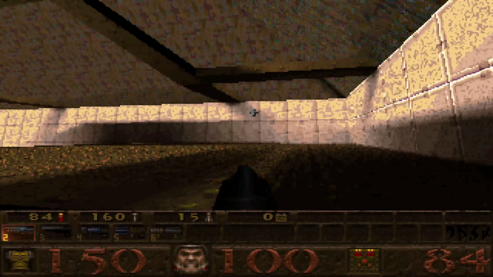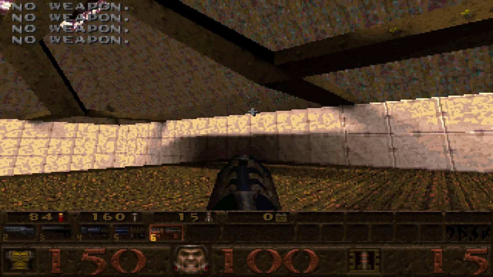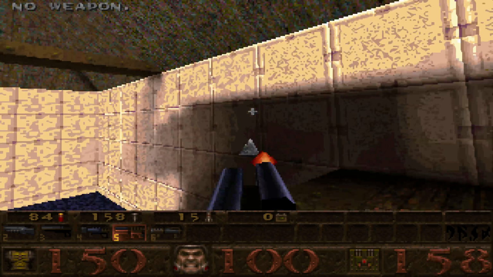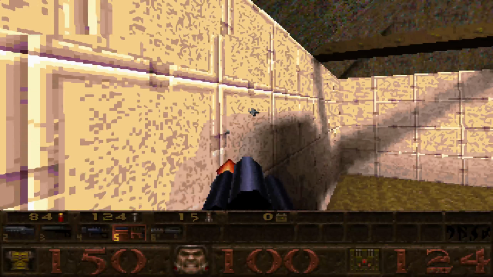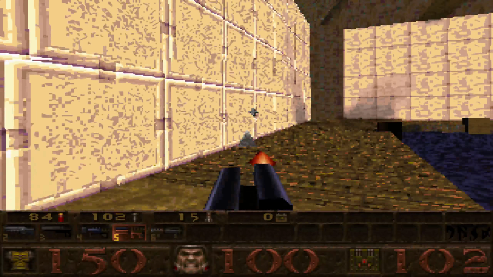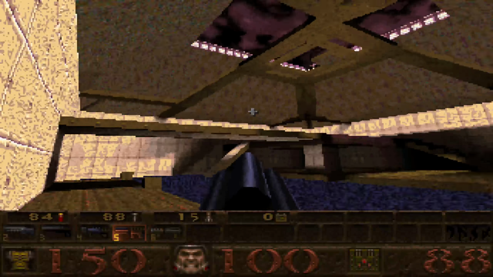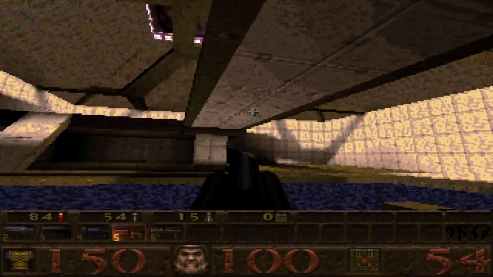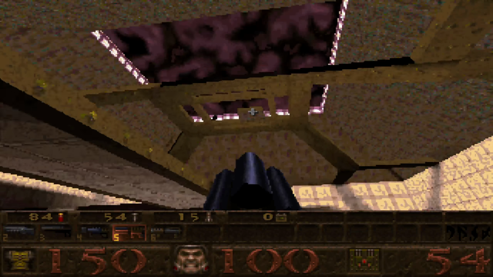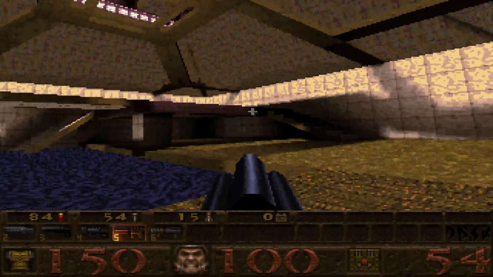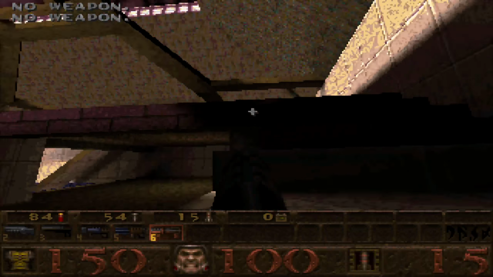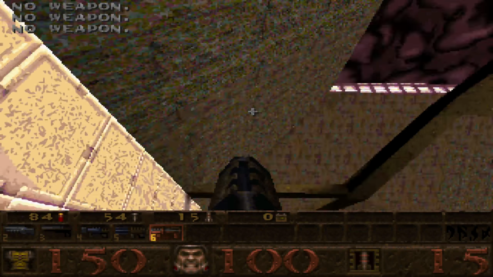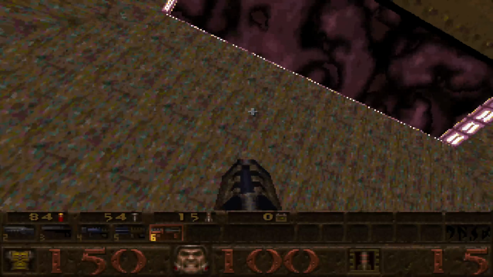Probably something stupid, like shoot all the walls and you'll find something. Okay. How does one activate that? God, this is really bad.